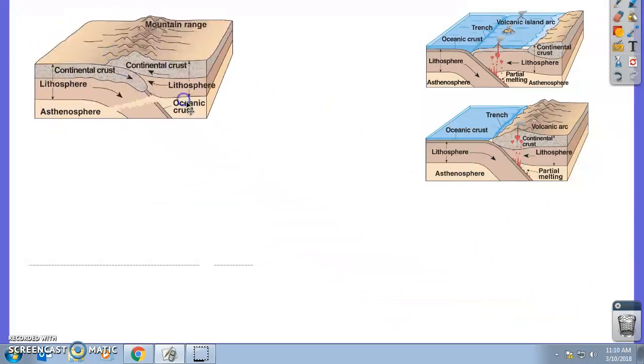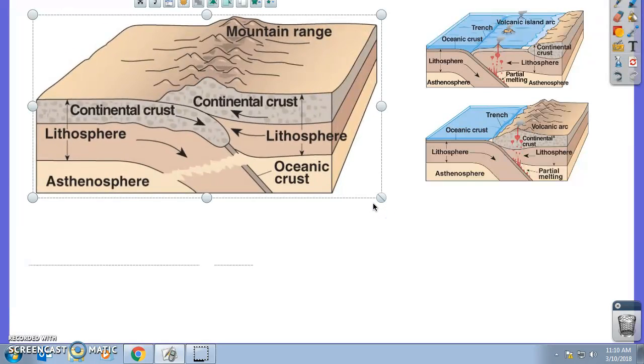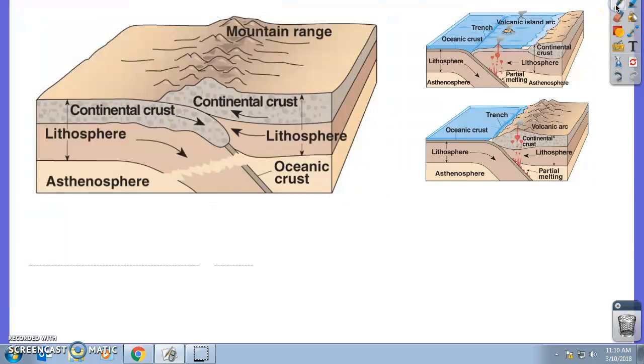Now, the last one we're going to talk about is continental to continental convergent crust. Okay, so you have continental crust that's coming and running into more continental crust. Well, we know both of these are going to be light, and they're also going to be thicker, and so basically what happens is one continental crust is subducted and goes underneath, but it's so thick that it doesn't build up the